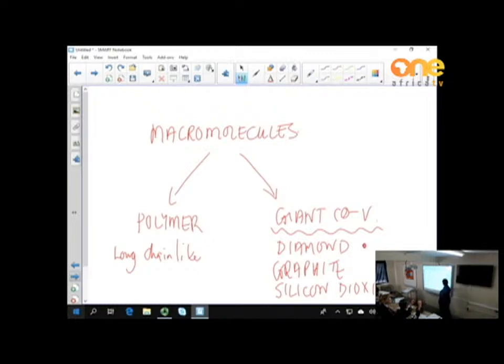What makes diamonds exceptional is the fact, remember, carbon has got 4 bonding places. So when diamonds were formed, each carbon is bonded covalently in 3 dimensions onto 4 others. And each of those carbons in turn is bonded covalently onto 4 others, and it forms a network